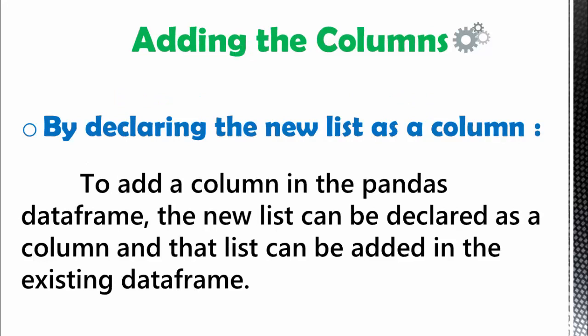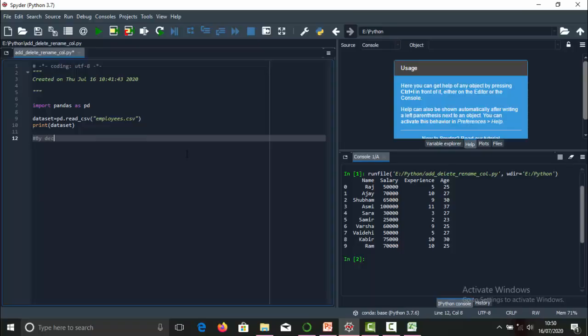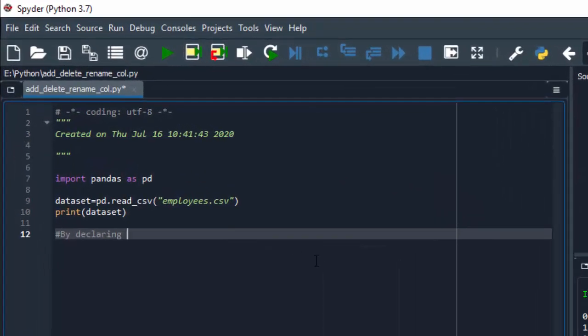In order to add a column in the pandas data frame, a new list can be declared as a column, and that list can be added to the existing data frame. Let's see how we can perform this practically. Suppose I want to add a column as address within our existing dataset.